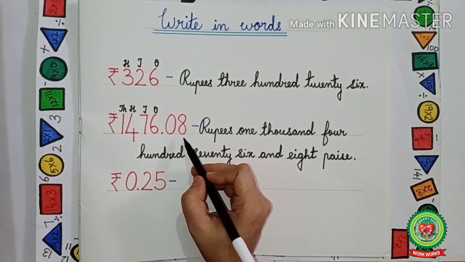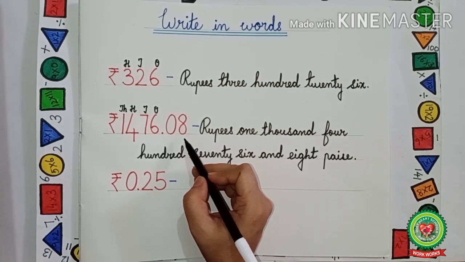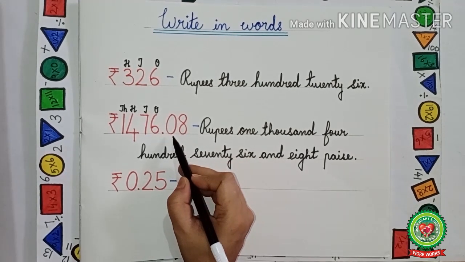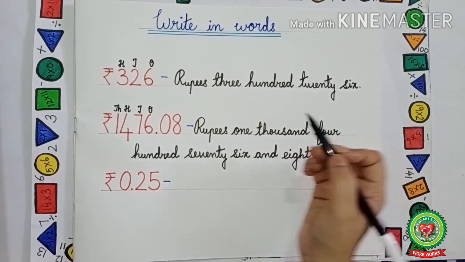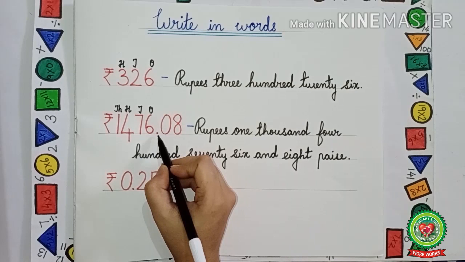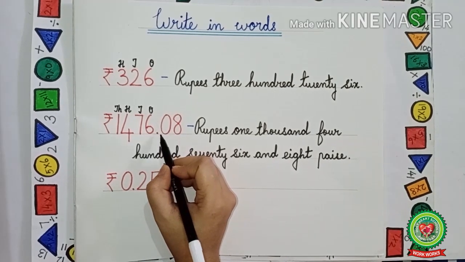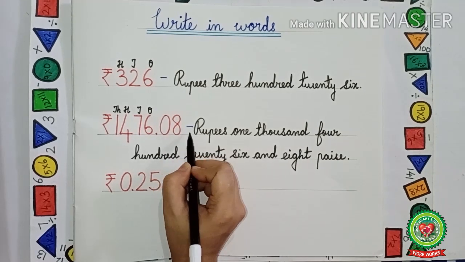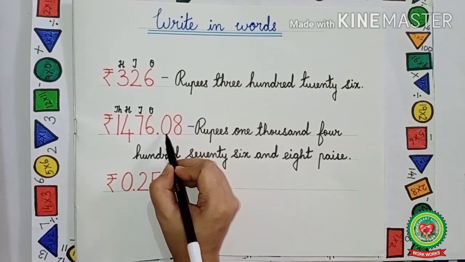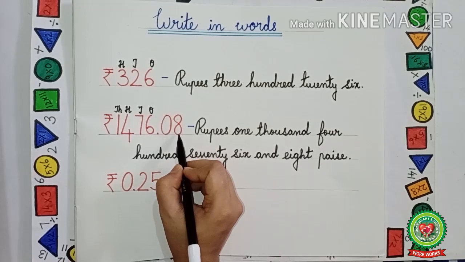Kids, you must also remember that paise is always of 2 digits. That is 10 paise, 25 paise, 50 paise. It will always come as 2 digits. And you will also notice that the point is always put after 2 digits from the right hand side, because paise always has 2 digits.